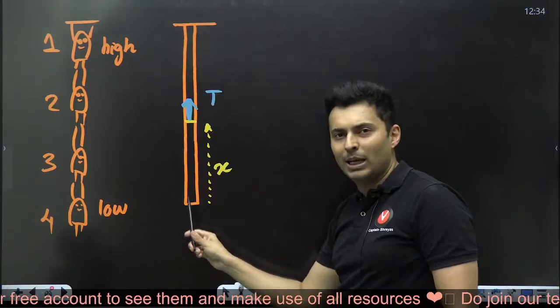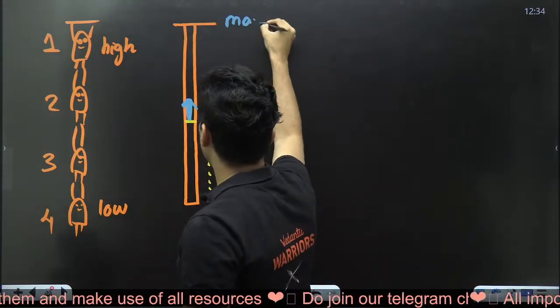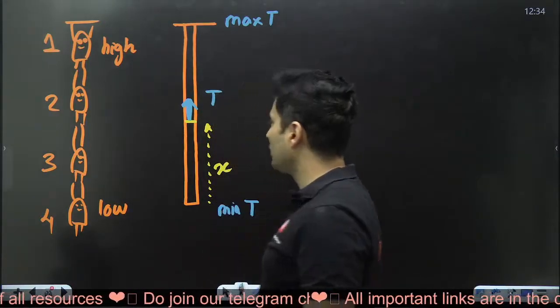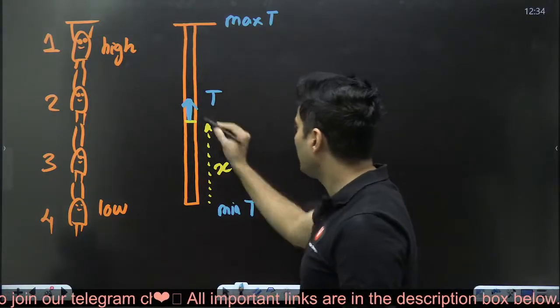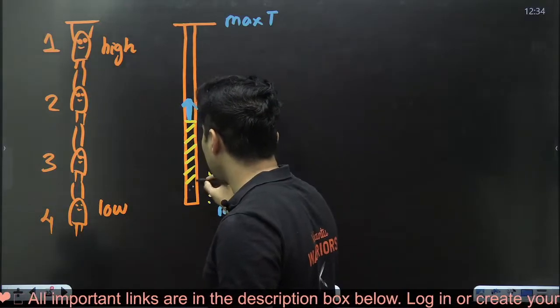Here it will be negligible. As I go on the top, tension will be maximum. So this will be the point where maximum tension will be there. This will be the point where minimum value of the tension will be there. How much is the tension at any random point can be easily found, because the tension will only have to support this much mass,